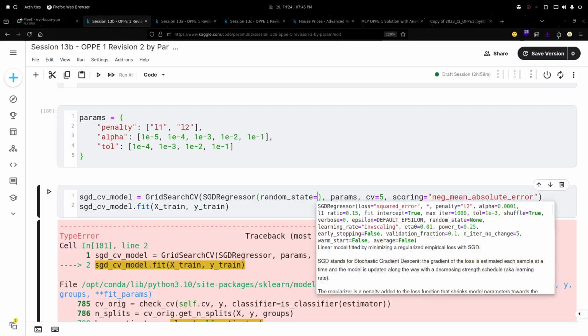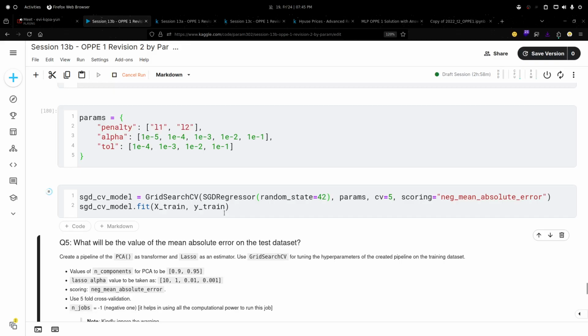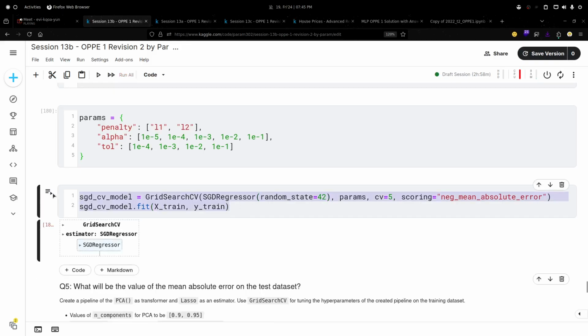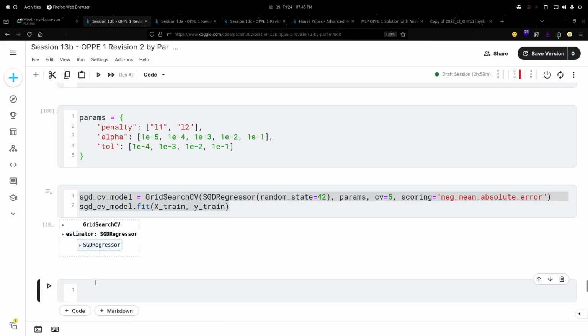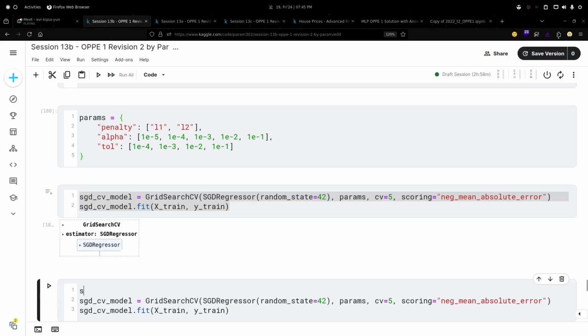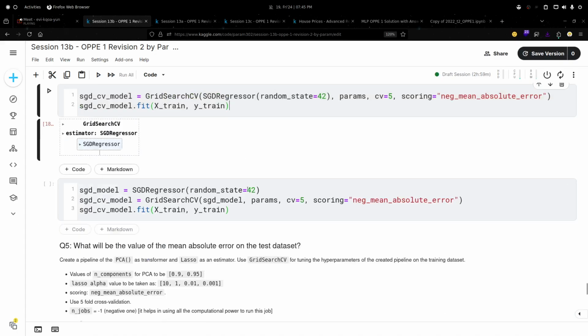So random state 42. Either I can do this, or I can do something like SGD model equals, let me replace this from here, and I will pass the estimator. Okay, no difference in both of them.